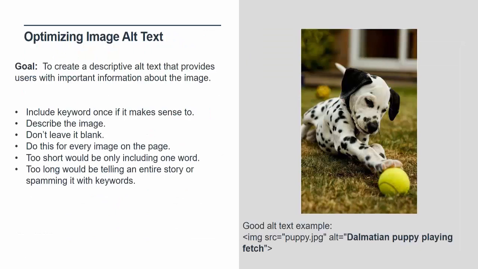Image alt text. Keeping true to the tennis ball example, I had to show a picture of a cute puppy. Had to. When it comes to images, as you saw in search results, we talked about those shopping ads, those ads that have images in them. Google didn't do that by accident.